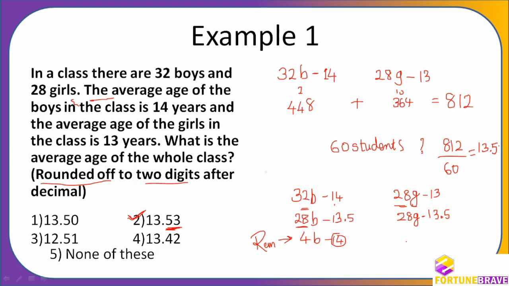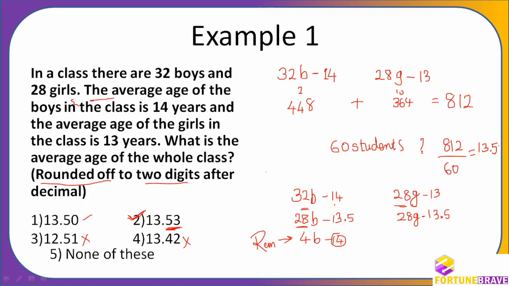28 boys will give and 0.5 will be received by the girls. Did you understand? Very simple. Now from this only you will be able to solve this question. It has to be 13.5-something because it cannot be less than the 12 anyways, and it cannot be less than 13.5 as well because there are already 14 here.